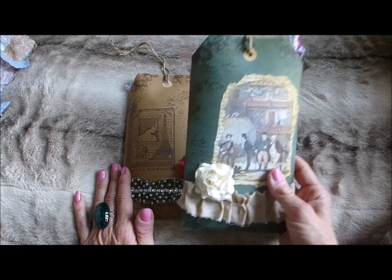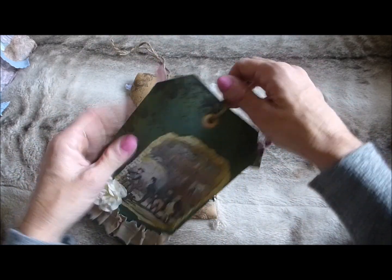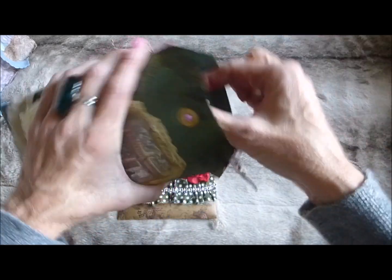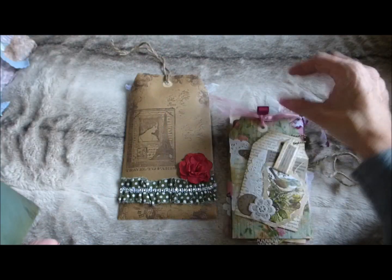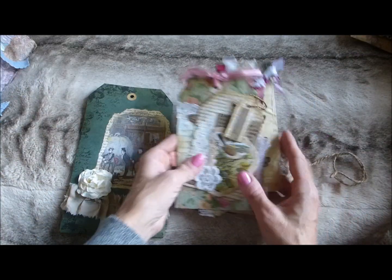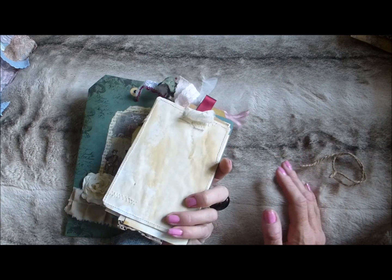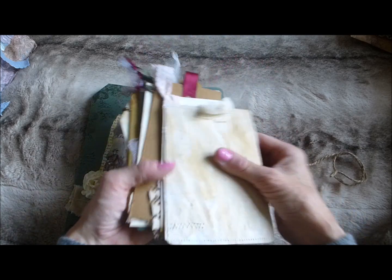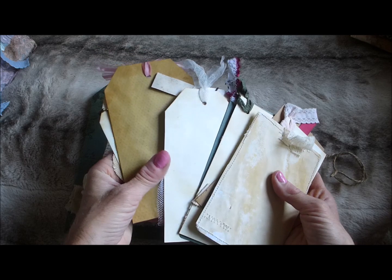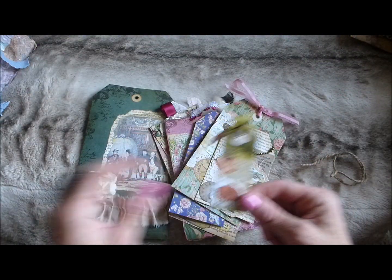They're literally just little bags shaped like a tag, and inside they contain 10 unique, different tags for you to include in your journals. You could use them as gift tags, or anything else. I'm just going to run through them reasonably quickly. I won't bother showing you the backs because they are meant as tags, so the backs are generally going to be plain. I will just be showing you the fronts. So tag bag number one